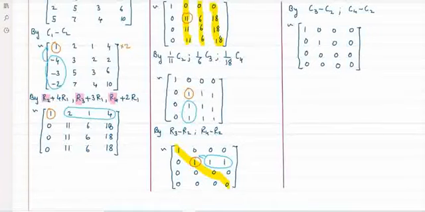Now, in the new matrix, fix the diagonal entry. All the diagonal elements are either 1 or 0. That first condition is satisfied. And the remaining non-diagonal elements are